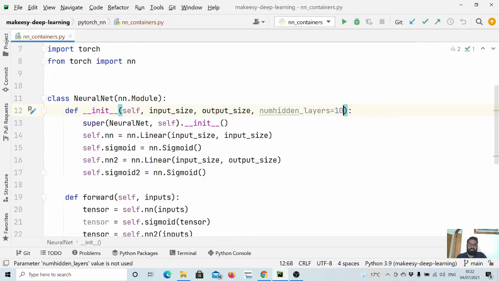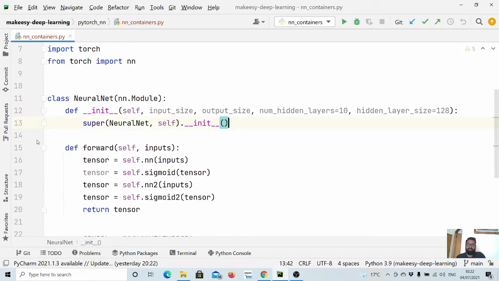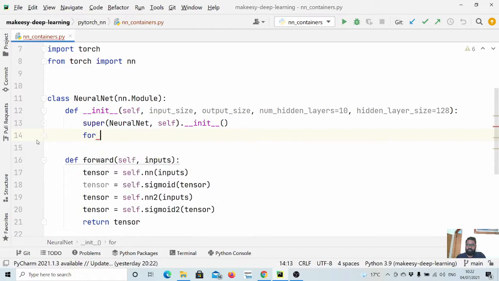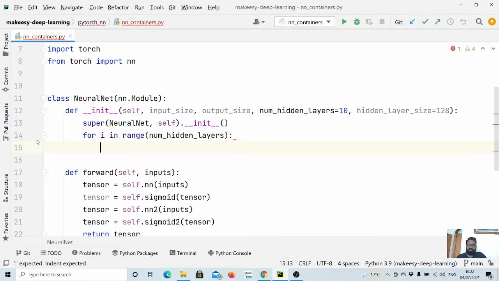Let us say we want to create a 10 layers neural network. And now let us also define what we want the size of each layer, how many units we want. So let us say hidden layer size is equal to 128. Now what we will do is we will simply create a loop. Let us run a loop for i in range num hidden layers. This will give us how many layers we want to create,